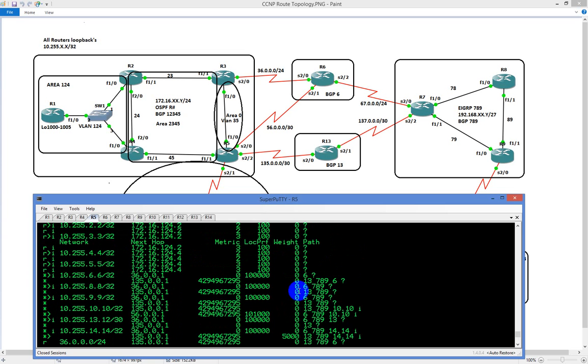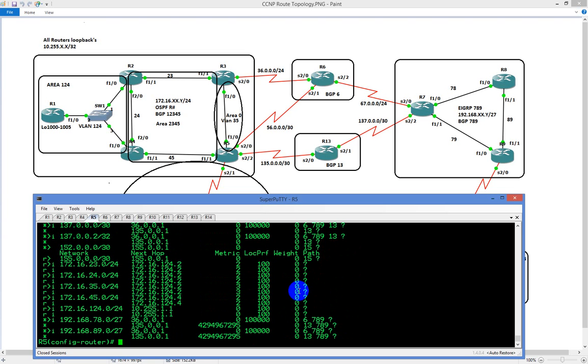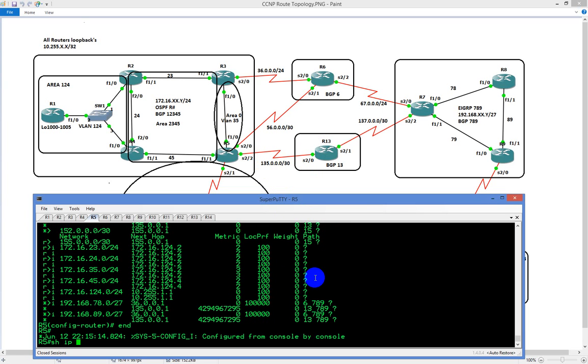The other one we're going to take a look at is we're going to go to router 13, and we're going to set a route map outbound towards router 5 that says any routes, we're going to set the metric to be something high. So if we were to jump out here into it, type in show IP BGP,